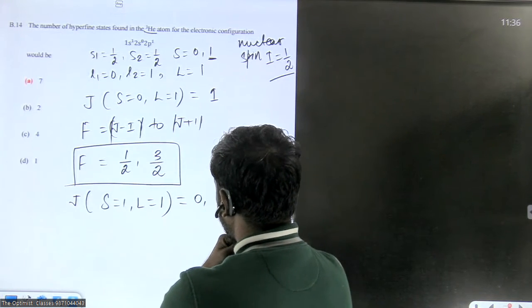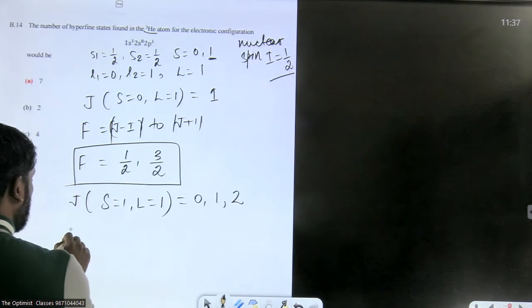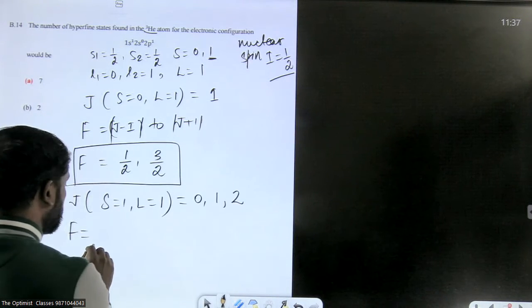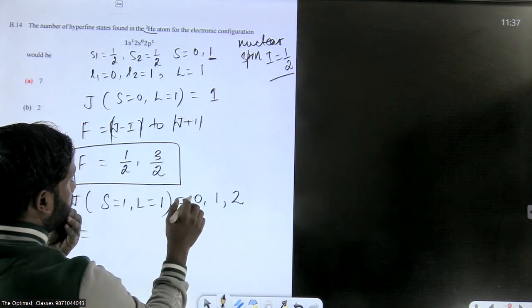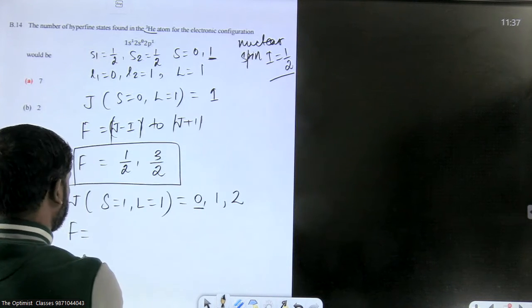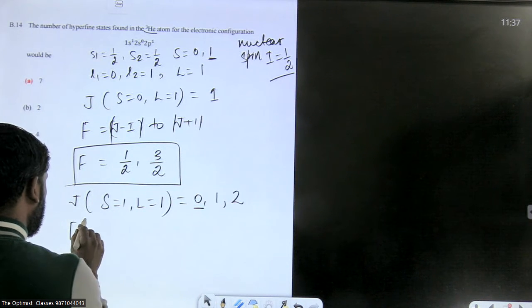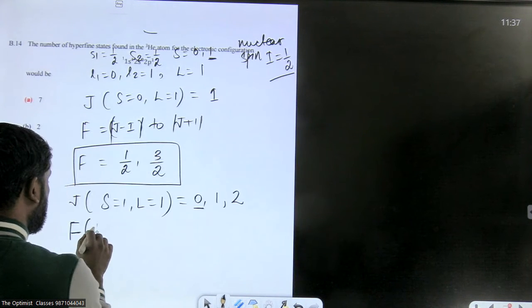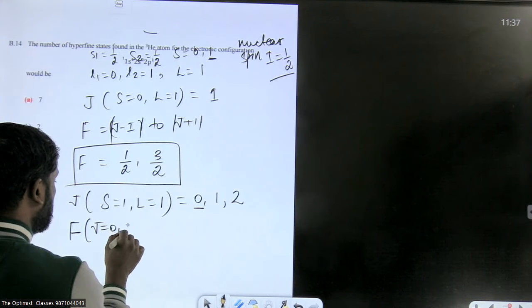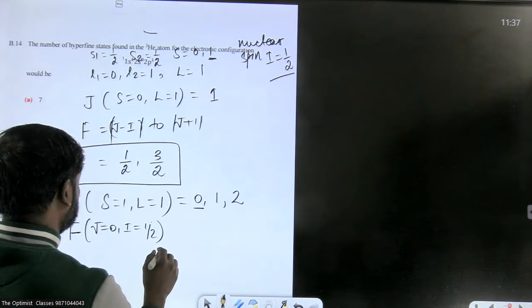So this will be 0, 1, 2. Okay, so this is J. Now, if we calculate F, F will be equal to, again, J minus I to J plus I. So if I use J equal to 0 and I equal to half, then I get here,